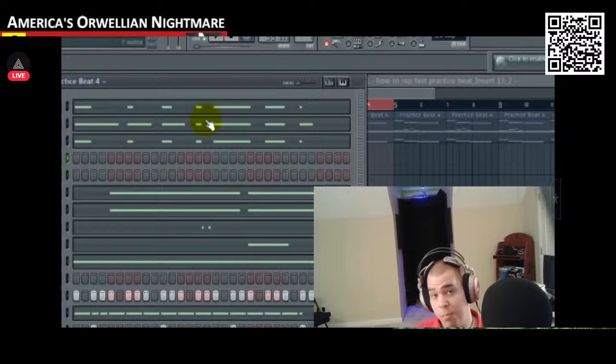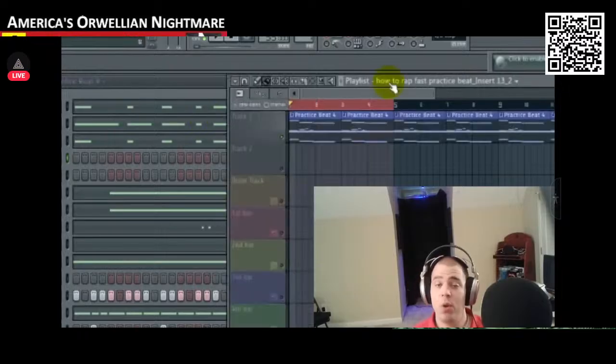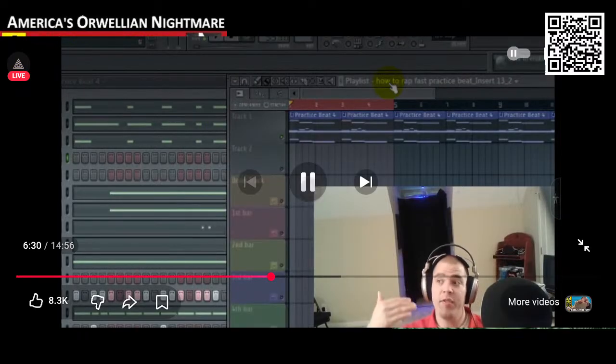Now, another way that you can maintain your tempo, depending on the beat that you're rapping to, oftentimes the beat itself will have some type of internal 4 count within it. Now, as we discussed earlier, the kick and the snare is oftentimes to the 4 count. But sometimes other instruments may play in the 4 count as well, such as hi-hats, strings, bass lines, etc. Just listen to the beat and see if there's any noticeable 4 count sections that can help guide you in maintaining your 4 count.